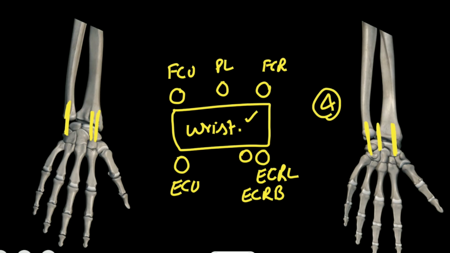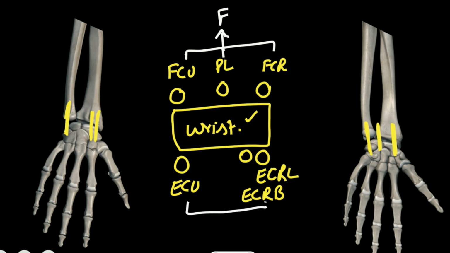We have got muscles over the 2 sides, but we have got 4 movements over the wrist joint: flexion, extension, abduction and adduction. For the sake of flexion, all the muscles on the front form a team, and when they contract, we will have flexion over the wrist joint. For the sake of extension, the muscles over the back make a team. They will contract at a time. When they contract at a time, extensor carpi ulnaris, extensor carpi radialis longus, extensor carpi radialis brevis, we will have extension at the wrist joint.